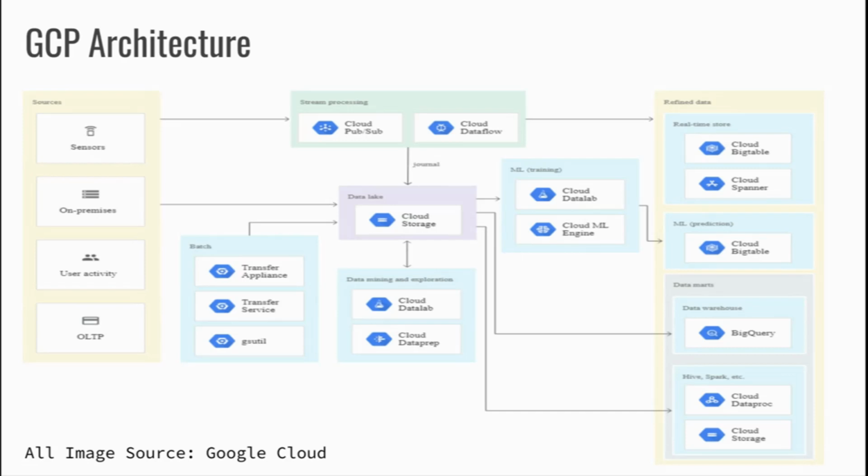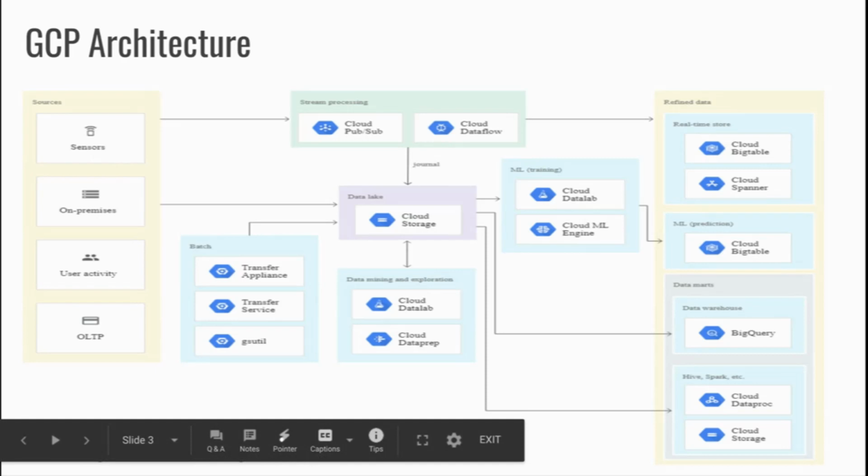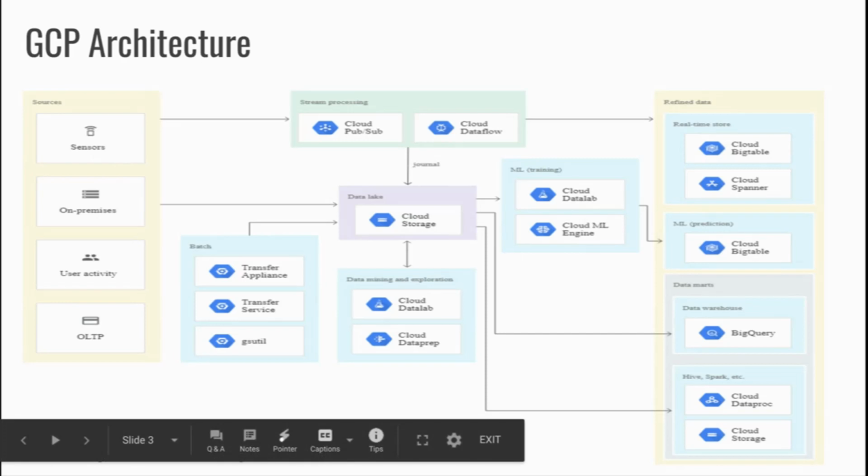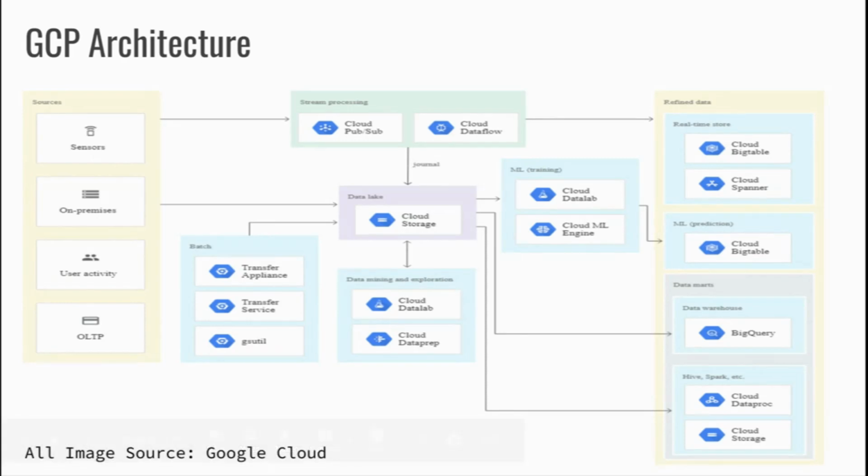Now, the second part is to bring data, you can either directly load the data into a data lake, or Google Cloud also provides multiple services. They provide transfer services or transfer appliances. So in the case of transfer appliances, what if you want to migrate a large volume of data into cloud for analysis, your transfer appliance comes into play.